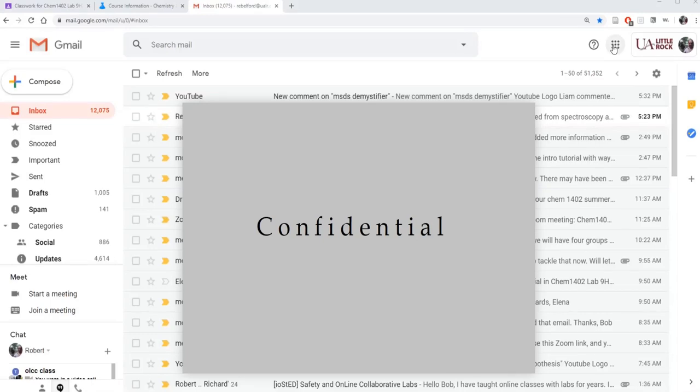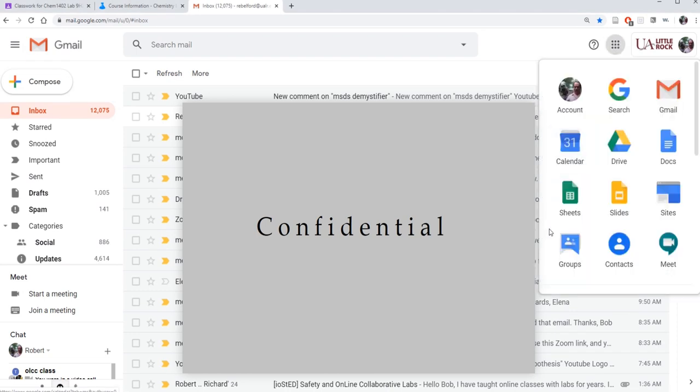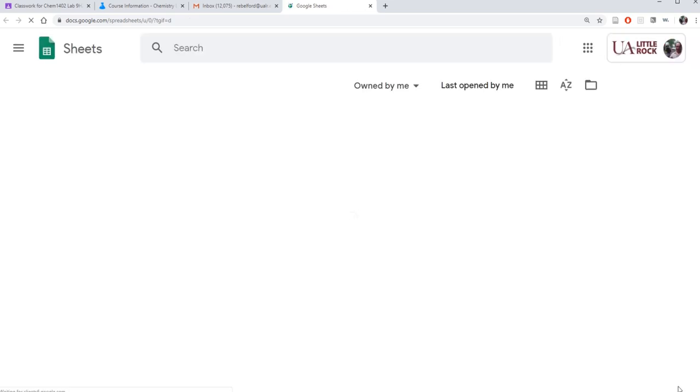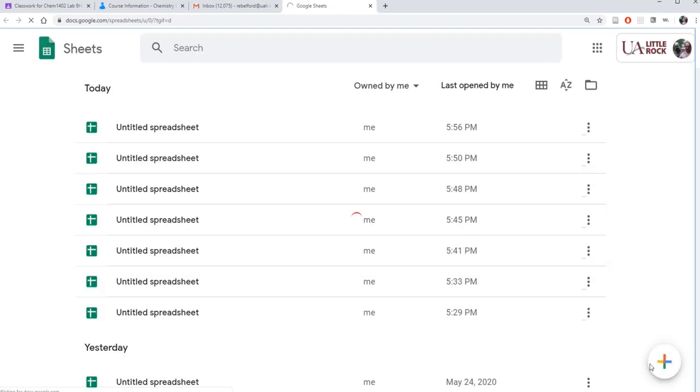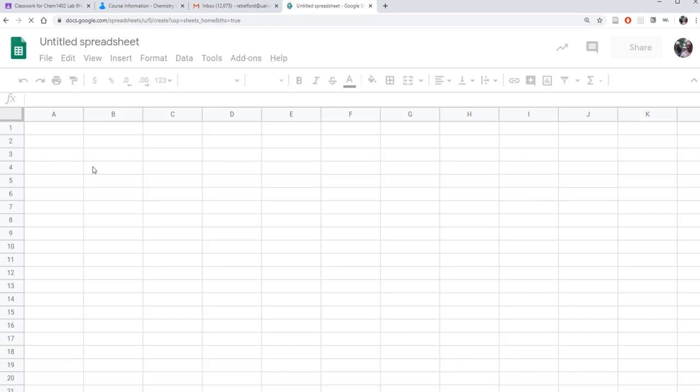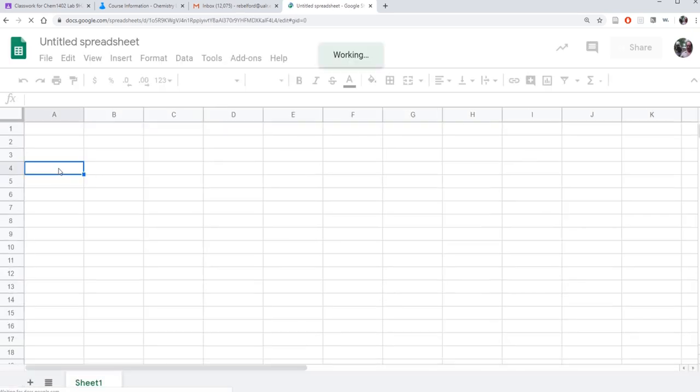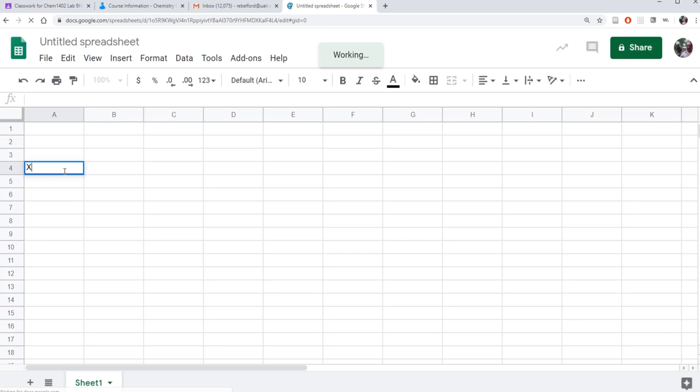In this video, we're going to learn how to use Google Spreadsheets to create graphs. So we go to the apps and we choose Sheets, and then in the bottom right hand corner we'll see a plus sign, and we click on the plus sign and that creates a new sheet for us. Now I'm going to start off with a generic XY, but then I'm going to change this to a plot